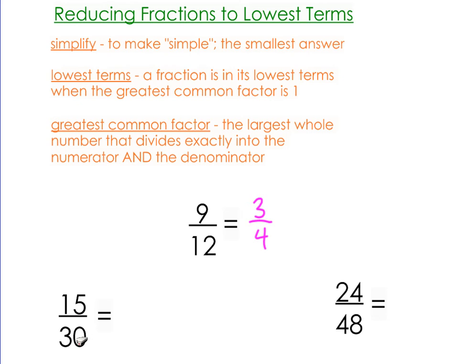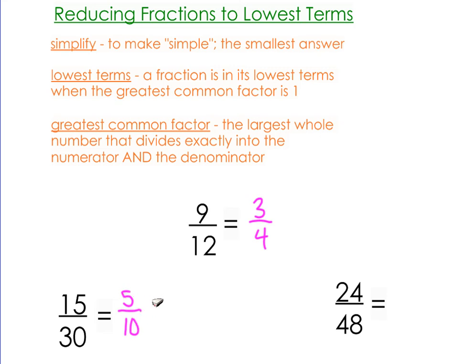Now 15/30. 15 and 30 can both be divisible by 2. No, 15 can't be divisible by 2. Let's see. 15 and 30 can both be divisible by 3. Let's try that. 15 divided by 3 is 5, and 30 divided by 3 is 10. Oh, here, look at this. 5/10. This is not lowest terms because I know that both 5 and 10 can still be divisible by the